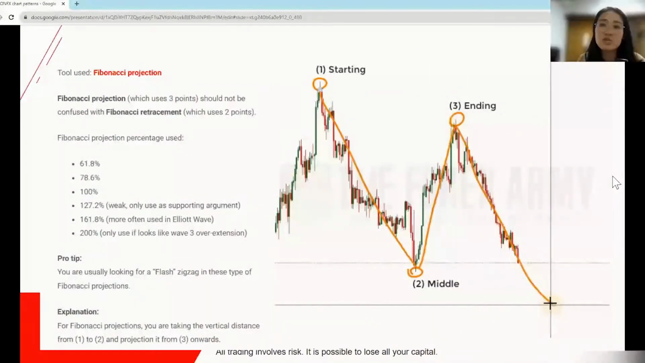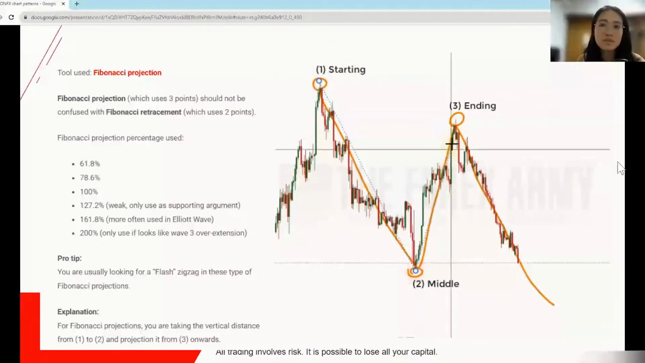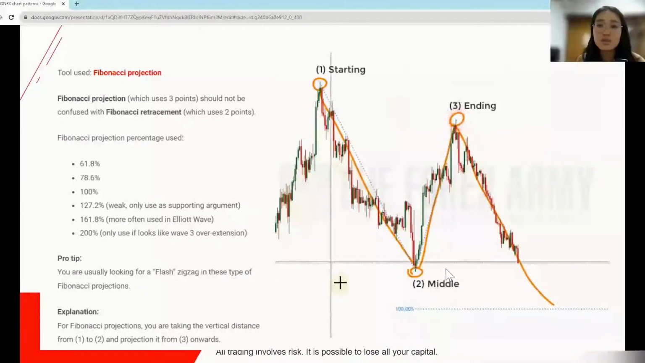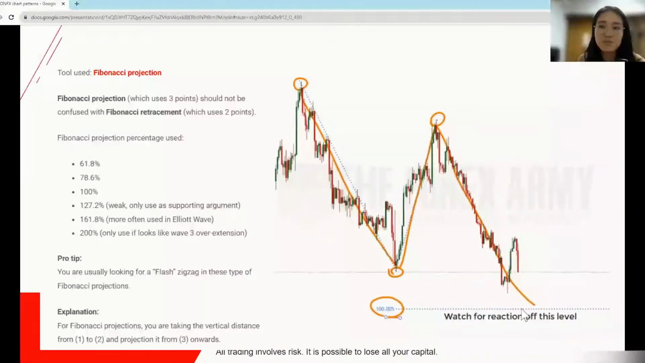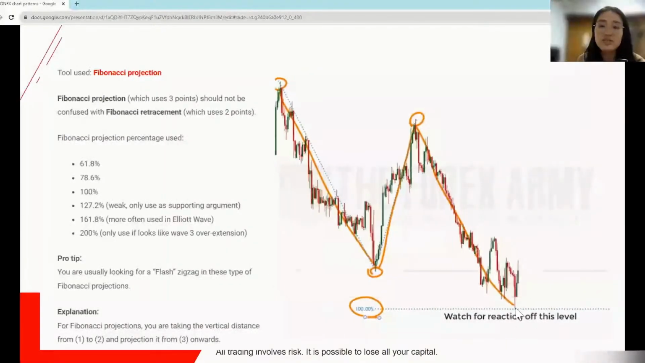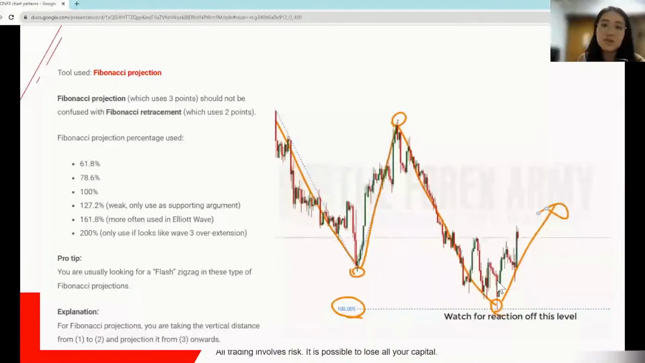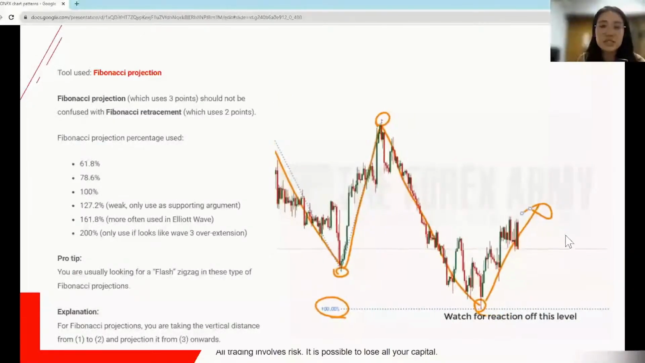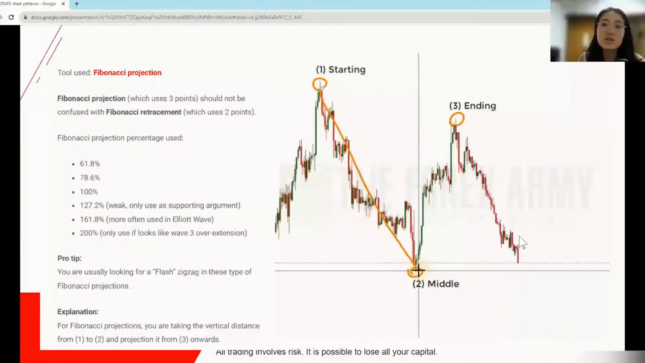Okay, let's just watch the GIF. Not included here is the 61.8, 78.6, but we're watching it play off of the 100%. And you can see it reached 100% before reversing off of it. But something I wanted to mention is that you can see that the wick of the candlestick just nicely touched our 100% level,